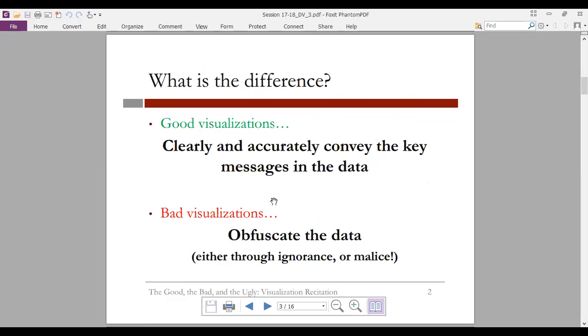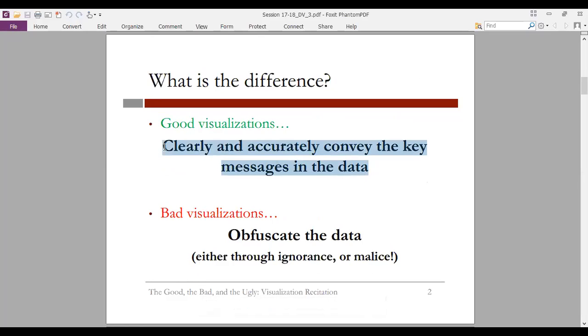So normally this is the difference between good visualization and bad visualization. Good visualization means it's clear and accurate, and conveys the key message in the data. It's based not on your understanding but on the consumer or customer, whoever you are presenting your data to, the CEO or your manager. You have to clearly and accurately convey the message. It's not about you understanding the output. It's all about how the audience understands your output. That is a good visualization.